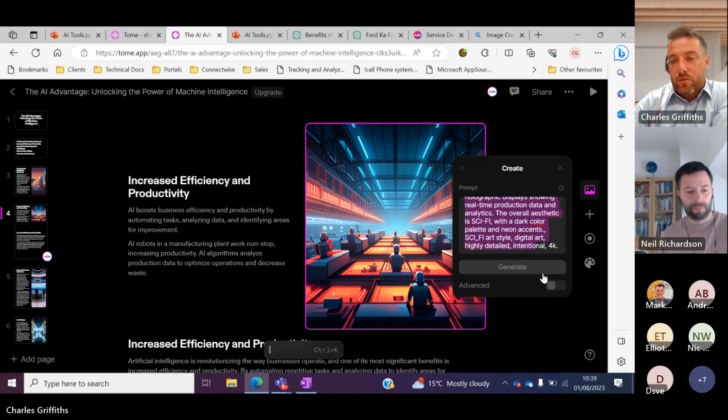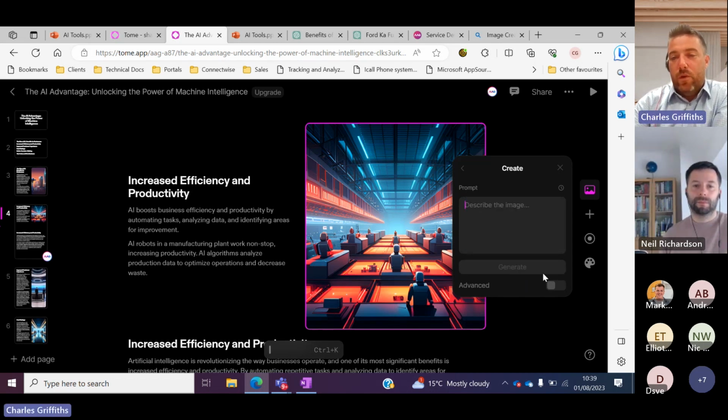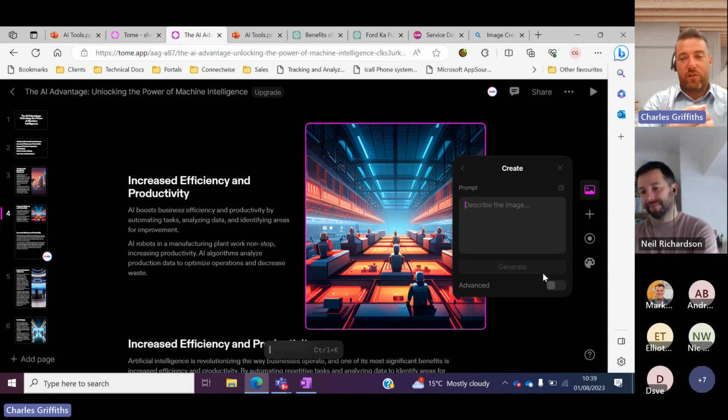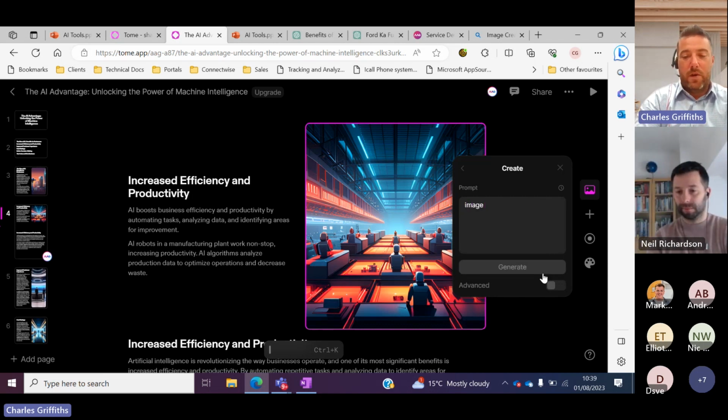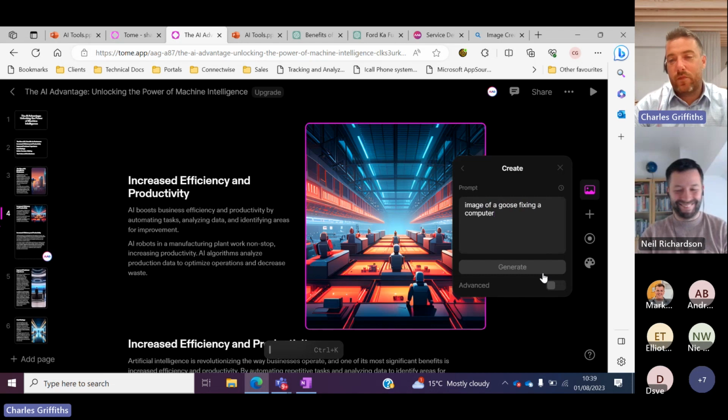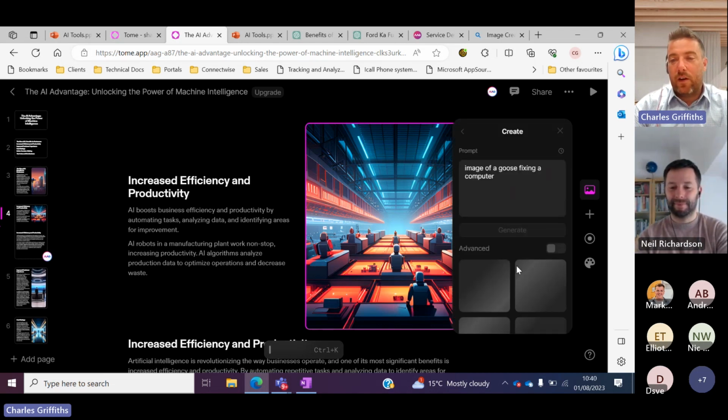Now, let's go for something really even not relevant to AI. I can ask this to create an image of something completely random, and your imagination is the only thing that's really restricting you here. So I could perhaps say, I want an image of a goose fixing a computer. Let's go for something really random and stupid. So if I now click on generate,